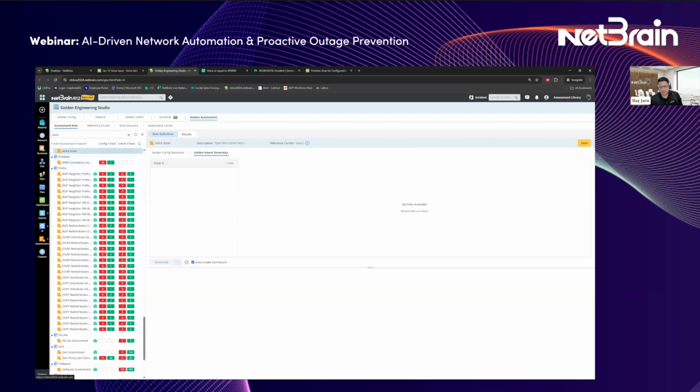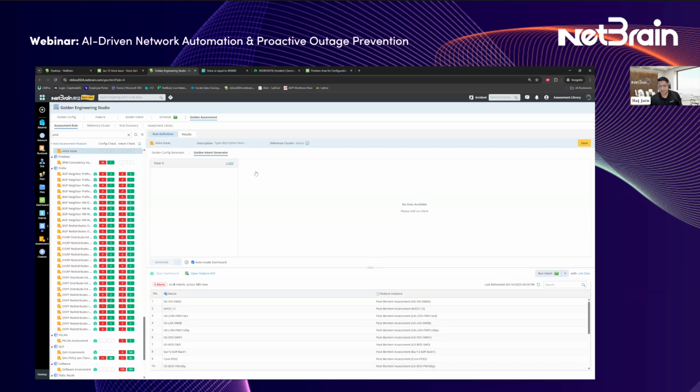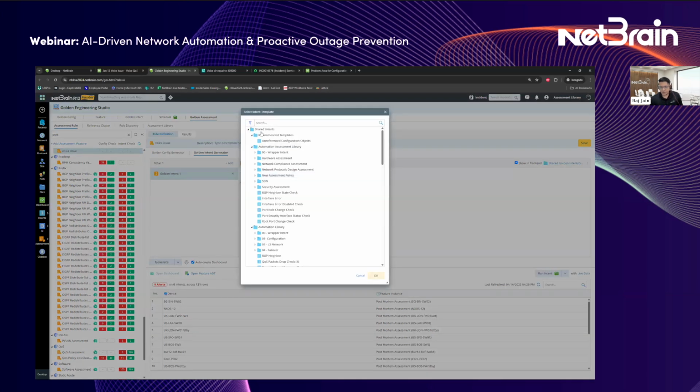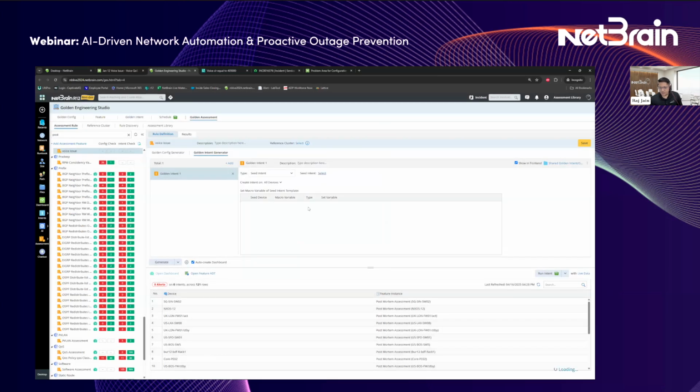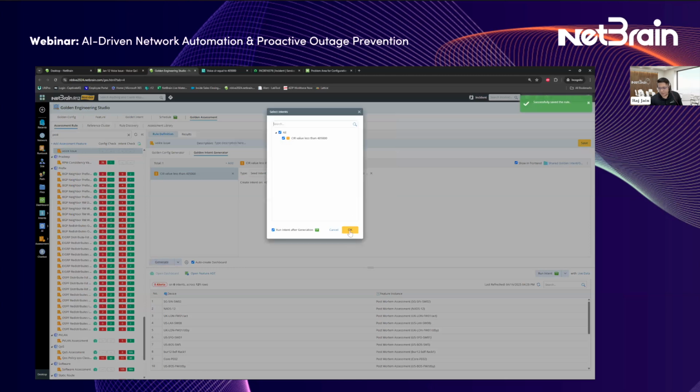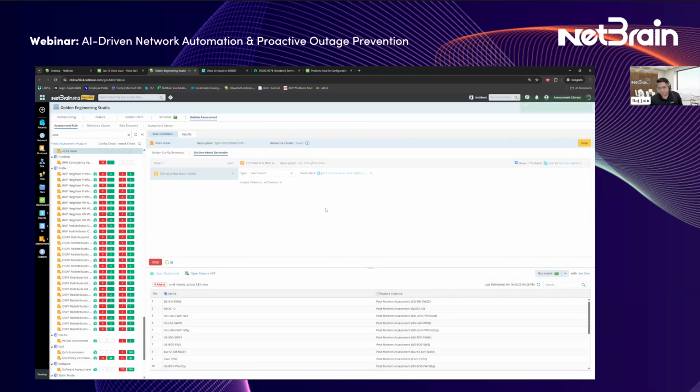And inside of this, I'm going to go and replicate that intent that the engineer created to my entire network. That intent was created on that map, so I'm just going to go look for that intent really quick. There we go. January 12th, voice issue. And all I need to do is, first, let me just change my name right here. CIR value less than, there we go.